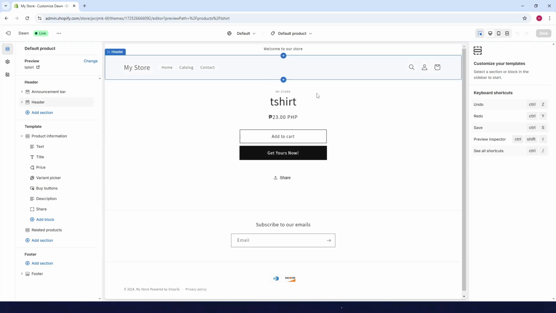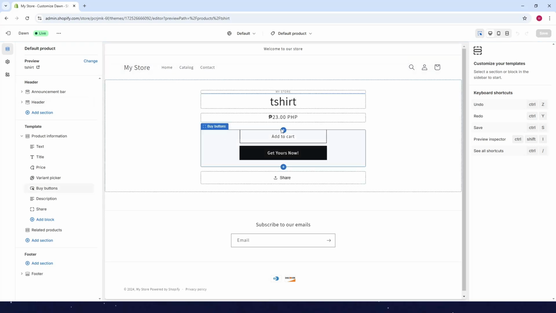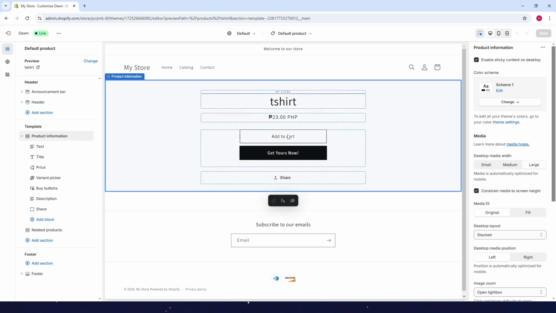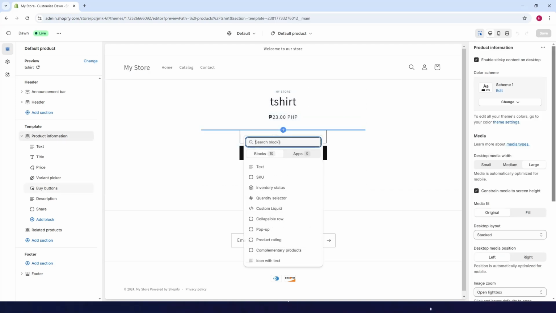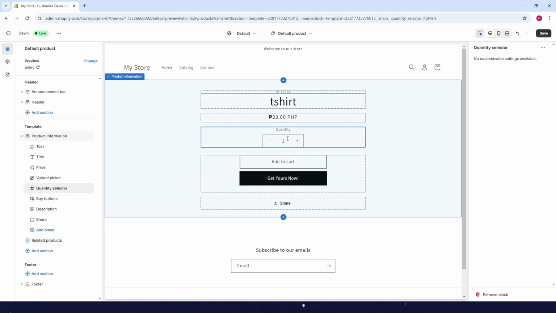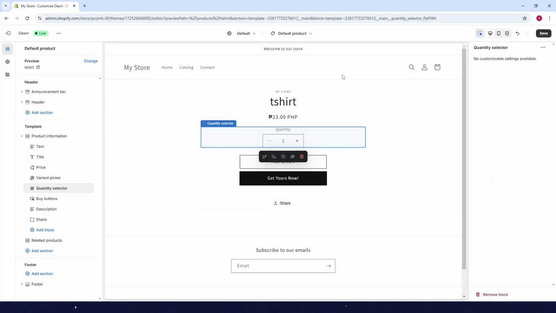Okay, now you'll see your products here. And then what you need to do is just hover your mouse over here, then click on the plus icon here, then look for quantity selector, this one. Click on it, and then as you can see, now you have a quantity here. Now you just need to click on save,